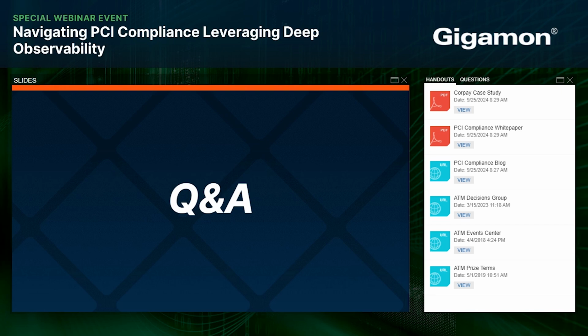And so PCI obviously runs on a network, and we can provide that in the form of metadata into those observability tools, because observability tools cannot ingest packets, as probably everybody knows. Right. So that was the fact that we have the attributes to build the dashboard around those 12 requirements